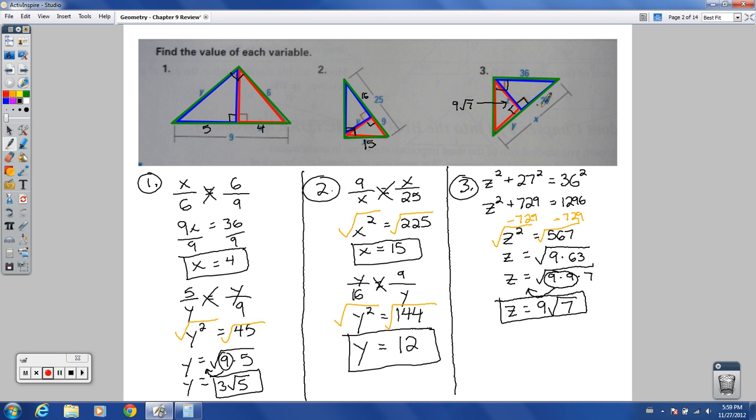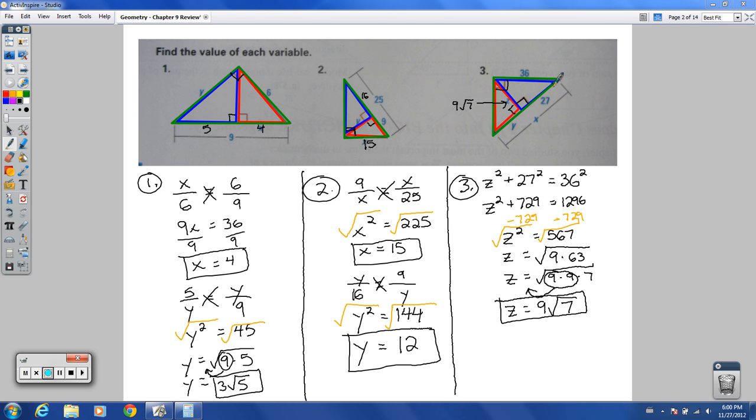I'm noticing in the blue triangle, I've got the short leg and hypotenuse. Let's see if I have a short leg and a hypotenuse somewhere else. I've got a short leg here, but I don't see the hypotenuse for the red triangle, so it doesn't look like that will work for us. I could possibly do some other things with x here, so let's see what else we got. Again, this is kind of a trial and error type thing. We don't have the hypotenuse of the red triangle,